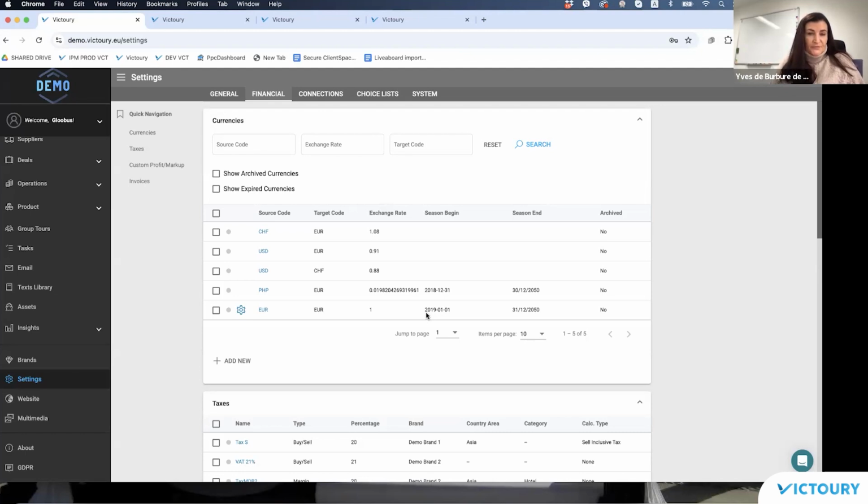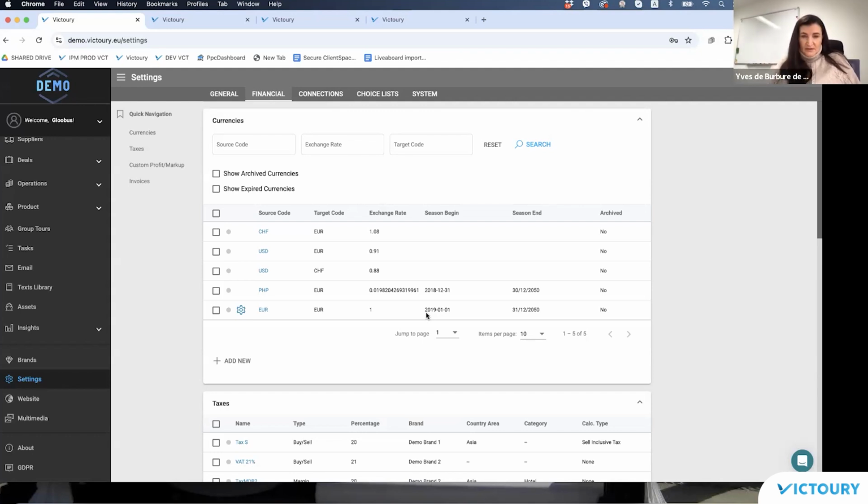Other than this, what you will need, or you already have set up in your currencies, is the existence of sources and targets. Sources represent mainly your buy prices. So you will have to have source codes toward your home currency, of course, mainly. All the source codes that you are having or introducing in the system are buy prices. And in case you would want those buy prices to be sold in a different currency also, you will need to set up the exchange rate between that source code, which is your buy, and the